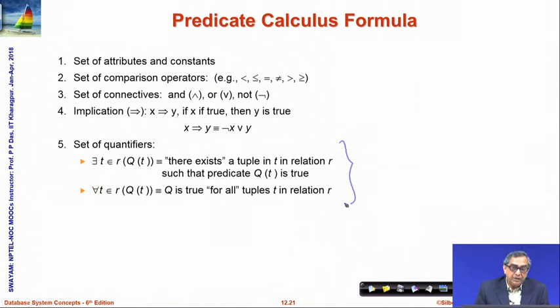Similarly, there is a universal quantifier where I will say that for all T belongs to R, Q(T) is true if for all tuples of R, T satisfies Q(T). So, in tuple relational calculus, all conditions, all predicates are formulae of this kind, and with that we can represent any